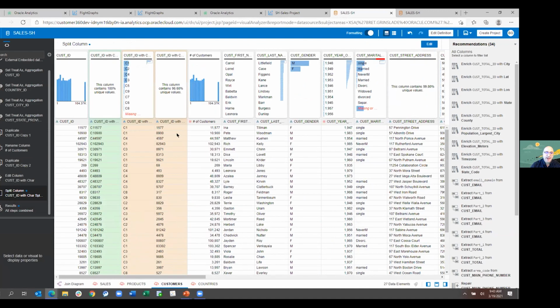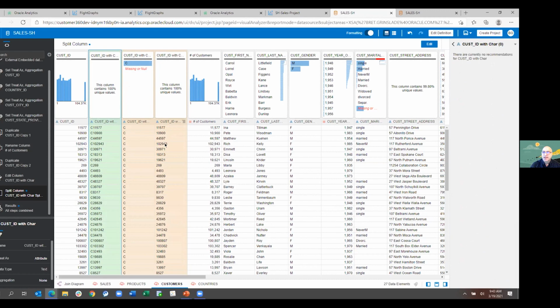So I guess I messed it up because I trimmed too many characters, but the point is you can do these data preparation steps and then still use them in the joins. You don't have to go to a data flow or something like that to tweak the data. You can do it right in the data set.